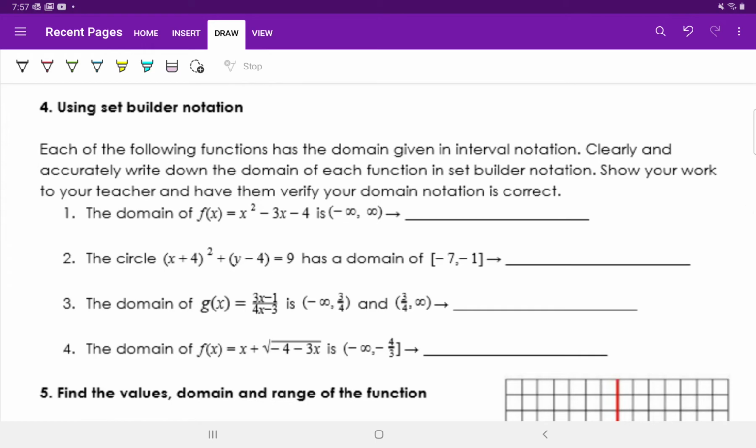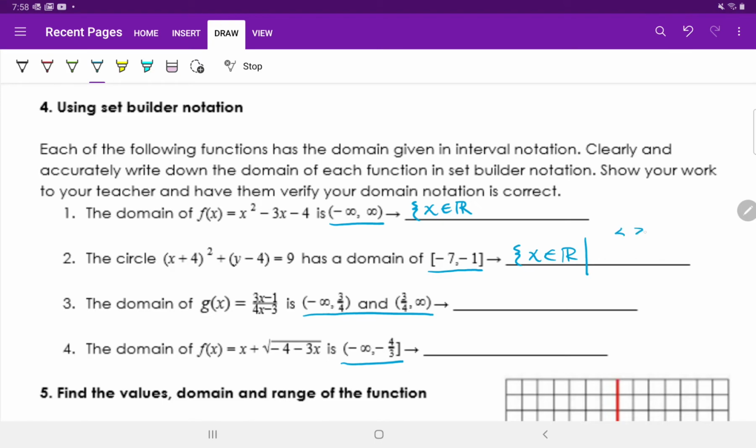For number 4, you can kind of ignore the first part of each of these questions and just focus on whatever your interval is. Here, here, here, and here. We're going to convert these intervals into set notation. So you're going to do the set of all x in the reals, and then some of these will contain a such that. Set of all x in the reals such that,